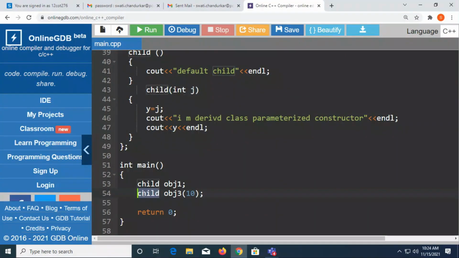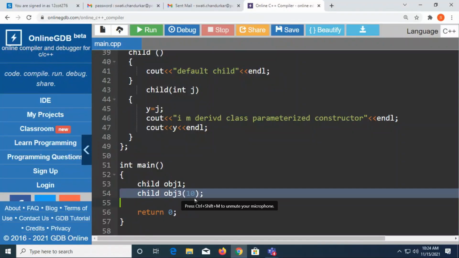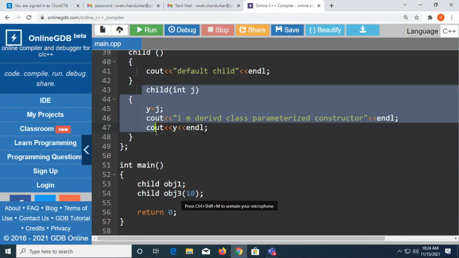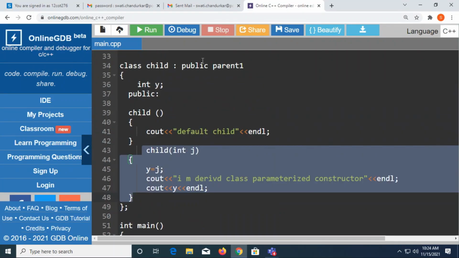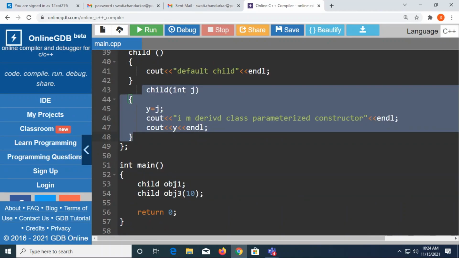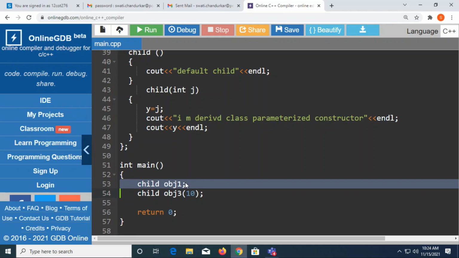After this, compiler only understands this line. Compiler doesn't understand that there is a relationship between child and parent. तो मुझे parent के constructor को भी, मतलब parameterized constructor को भी call करना है. That compiler doesn't understand. Compiler only understands for default.